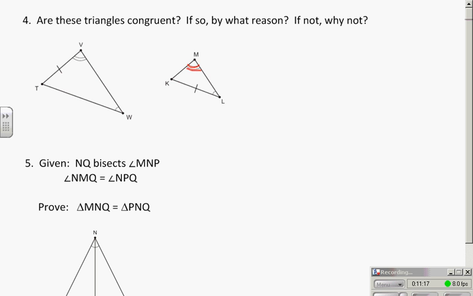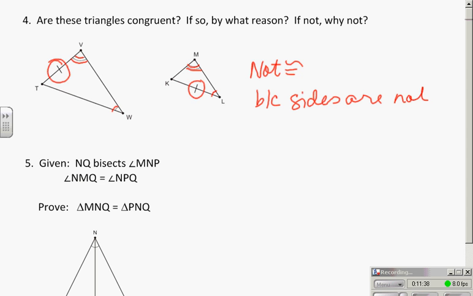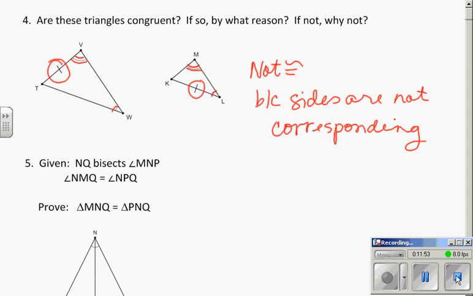Are these triangles congruent? This is a catch place that kids have trouble. If you notice, my angles match up nicely. All is good. There's an angle, there's an angle. The problem is where is the side? Here it's adjacent to the 2 hash angle. Here it is adjacent to the 1 hash angle. So these are not congruent because the sides are not corresponding. I could not line these up and make them match. I'm going to continue